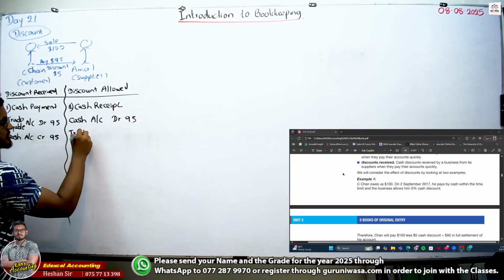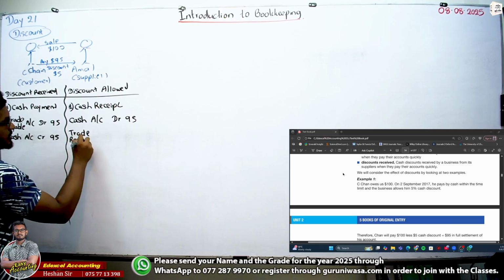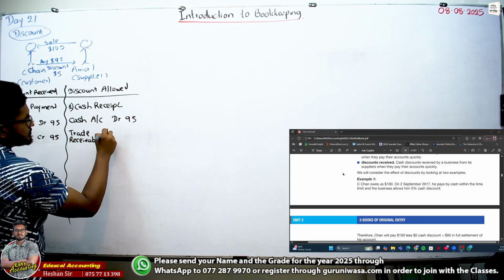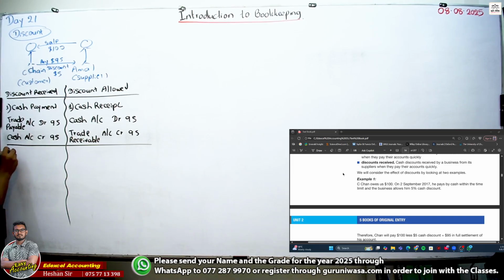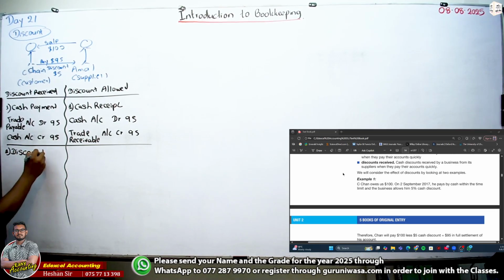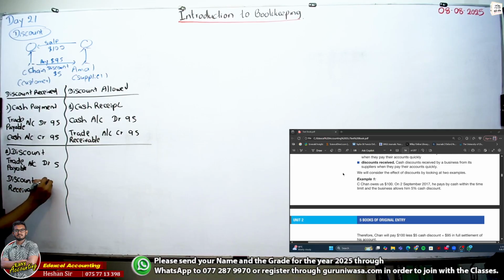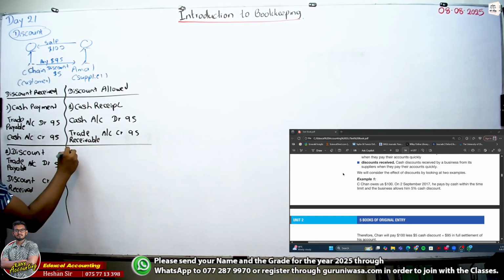Trade receivable account credit 95, right? When it comes to the discount, this person received the discount, so there is no need to pay the trade payable, so the liability decreases. Debit 5, right? Discount received, credit 5. From the supplier's side,